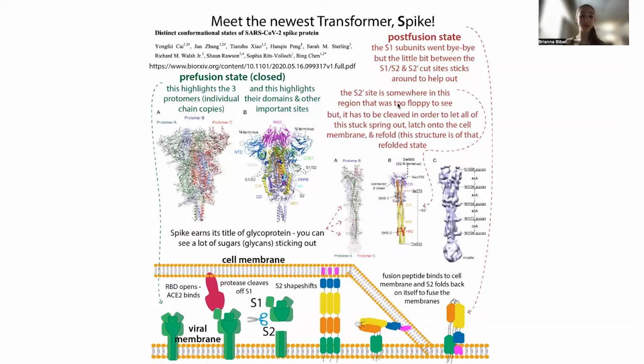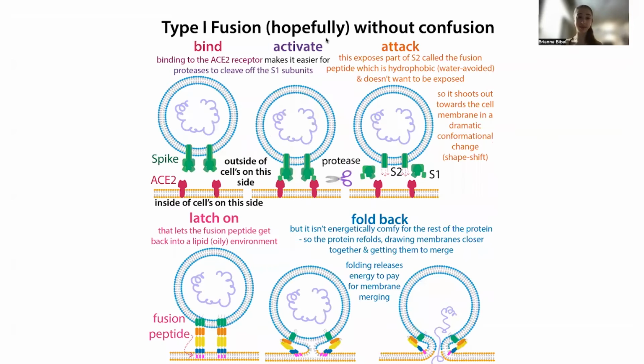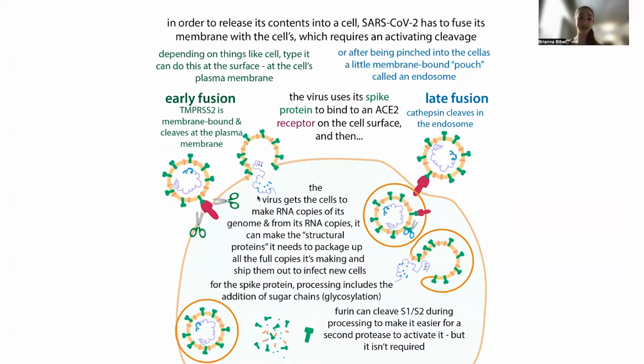So for example, the coronavirus spike protein, the protein you're probably all familiar with. It sticks out on the outside of the virus. It helps it bind to our cells through the ACE2 receptor. And this protein actually gets cut by protease, a protein cutter. This allows it to undergo a dramatic shape shift, a conformational change that lets it merge its membrane, the viral membrane, with the cell membrane,